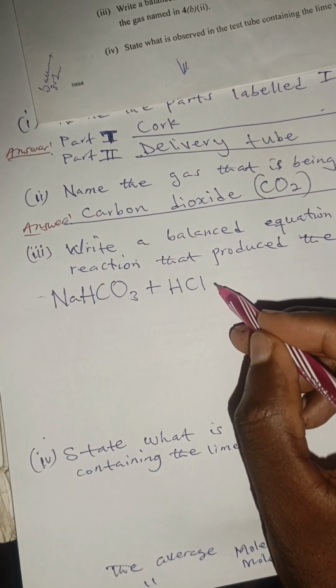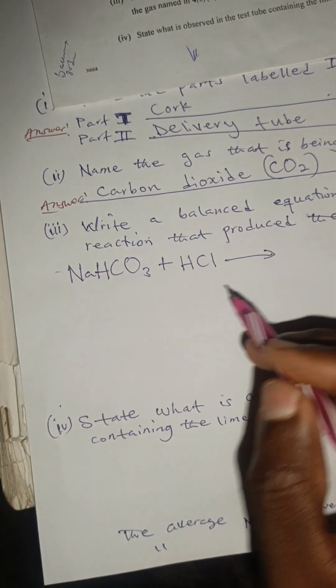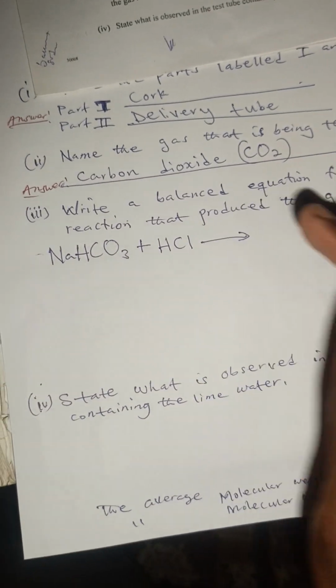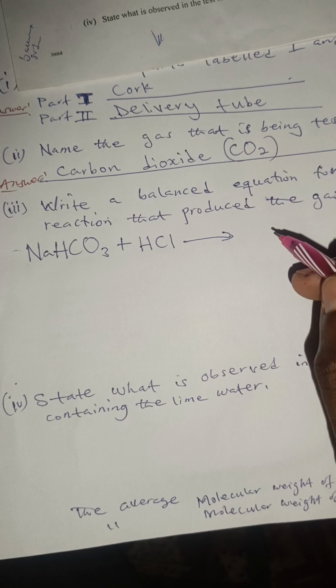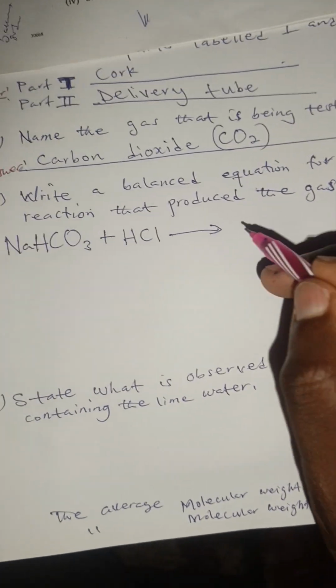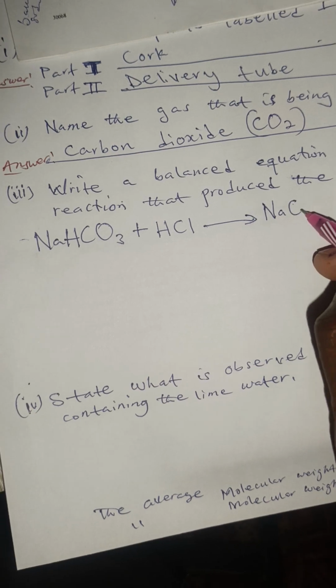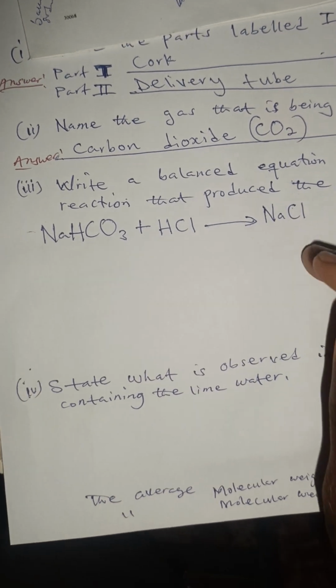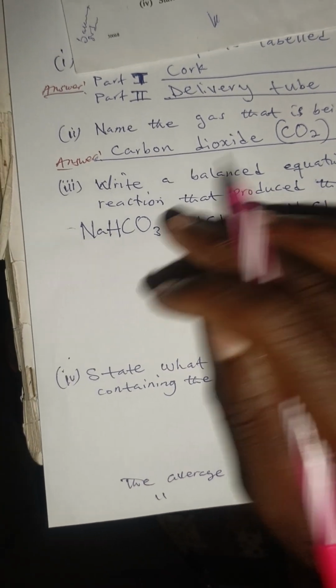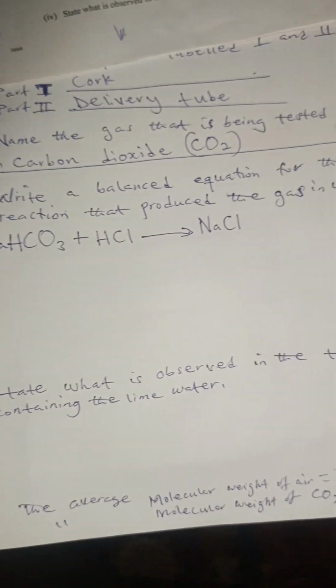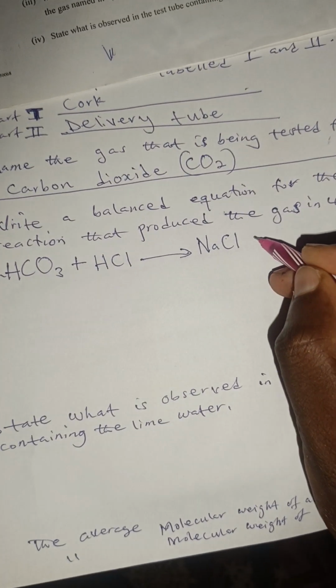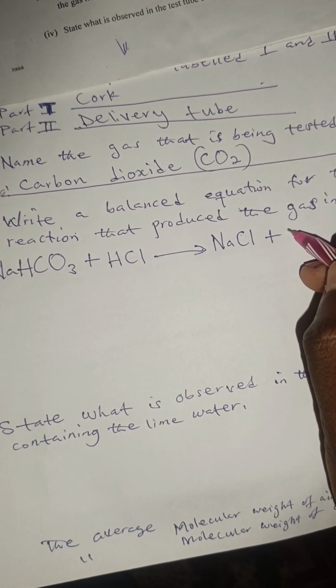Now from here the cation has to react with the anion. We have sodium chloride. The valency for sodium is 1 and chlorine is 1. That's why we have it like this. Sodium chloride, water will be produced. You have plus water,